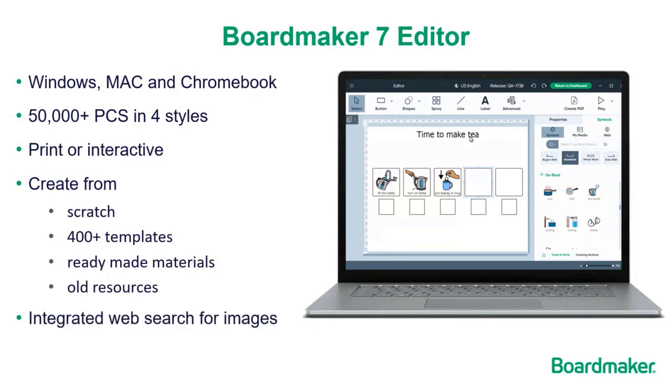There is an integrated web search within the Boardmaker 7 Editor. So if we don't have the symbol that's right for you, then you can utilize that to find an image that's more suitable. And we're also making it super easy for you to be able to create your resources and